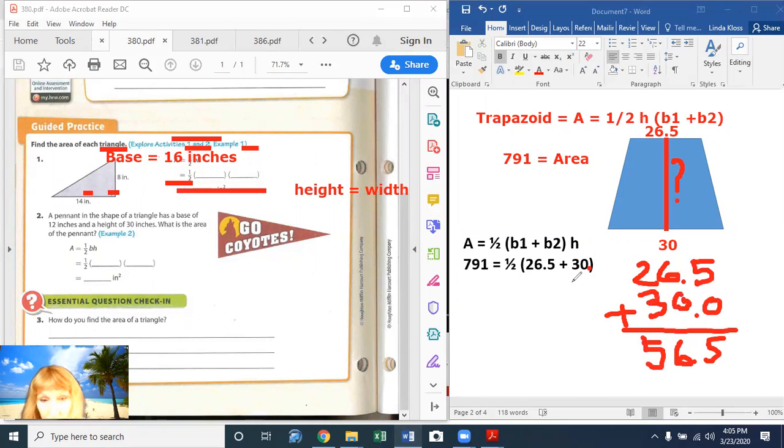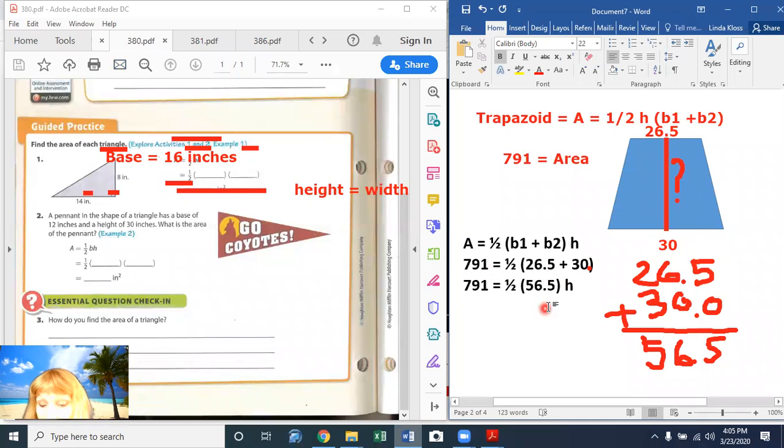5. So now I'll go back up here to my formula. So 791 is equal to 1/2 times 56.5 times h. Are you with me? This is a long one. Stick with me. Next, I have to multiply, grab my spotlight,